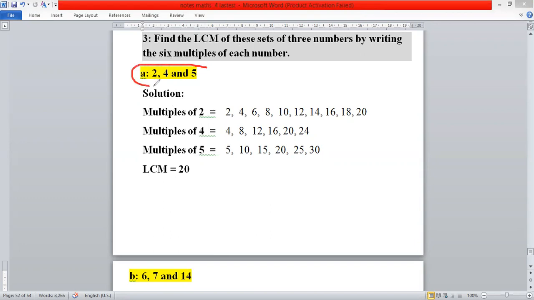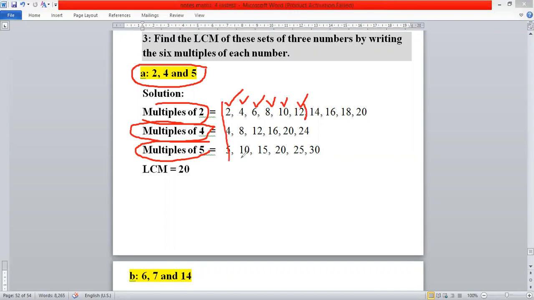So the first one is 2, 4, and 5. First of all, we will write multiples of 2, then multiples of 4, and then multiples of 5. When we write the first 6 multiples of 2 as per the given instruction, 1, 2, 3, 4, 5, 6, within six multiples,